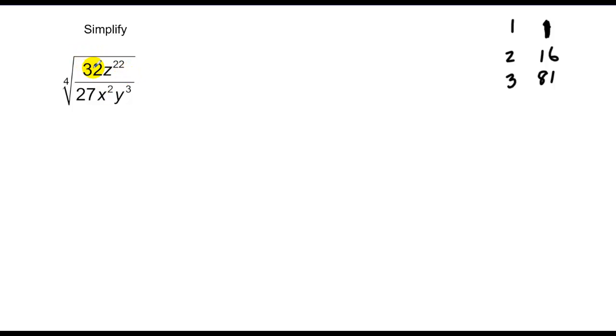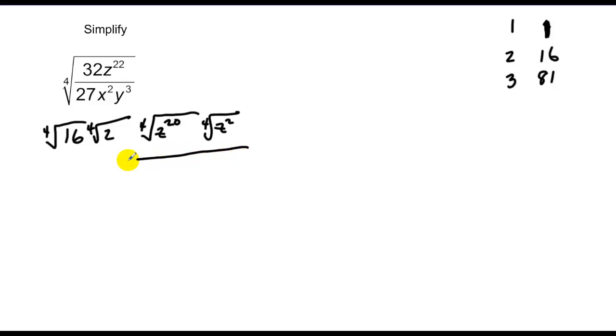So within 32, I have a perfect fourth of 16. So I'm going to break this down to the fourth root of 16 and the fourth root of 2. And then something multiplied by itself 4 times is going to get me z to the 22nd. That's going to be a z to the 20th and the fourth root of z squared over,